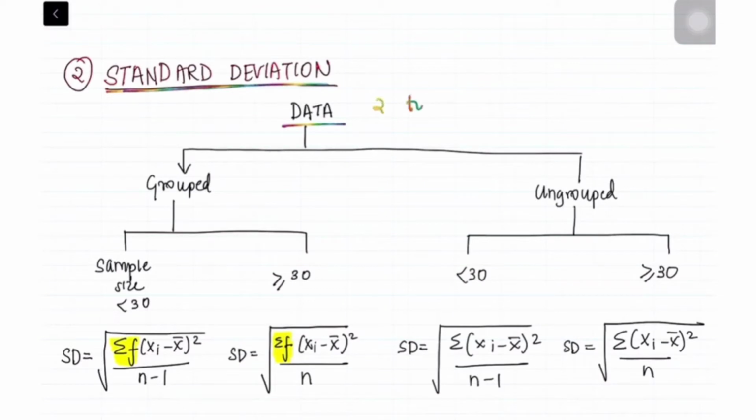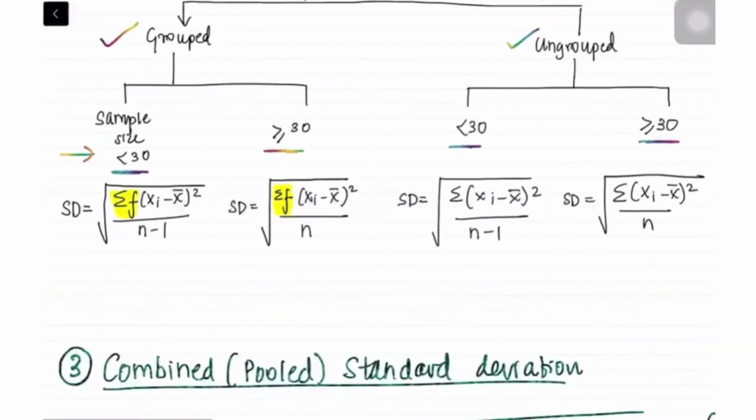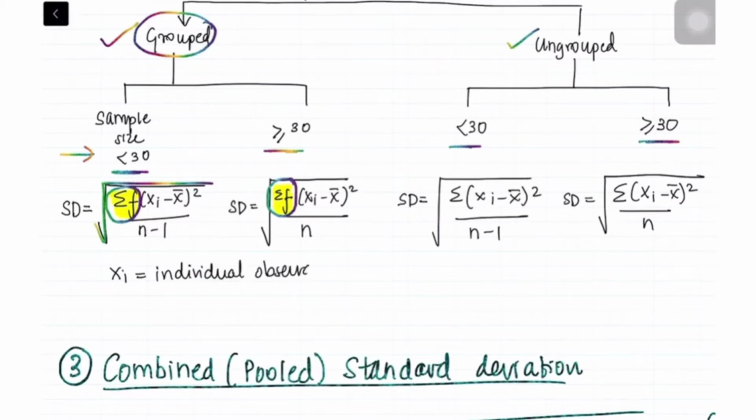Now coming to standard deviation. Data is basically of two types, grouped and ungrouped. Sample size less than 30, greater than 30. So standard deviation according to the sample size would be, for group data, sigma f. Okay, so standard deviation is under root of sigma f into (xi minus x bar) whole square divided by n minus 1 for less than 30, while if the sample size is greater than 30 then